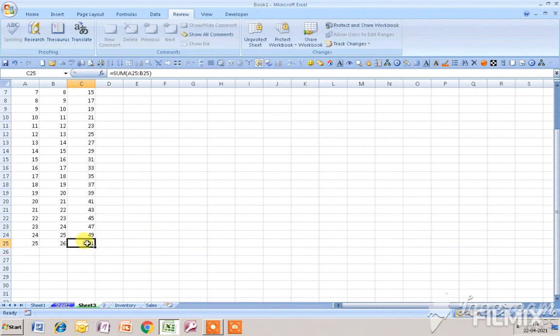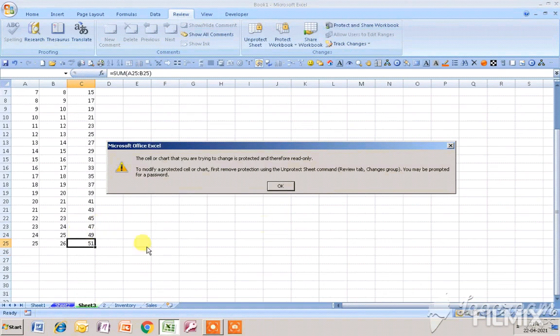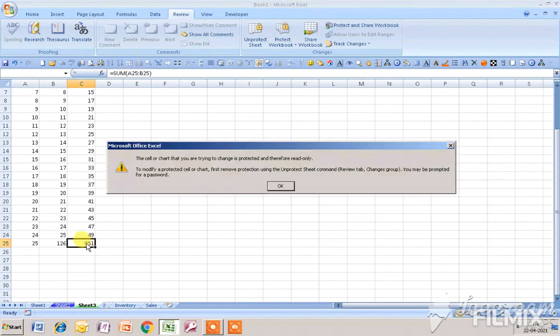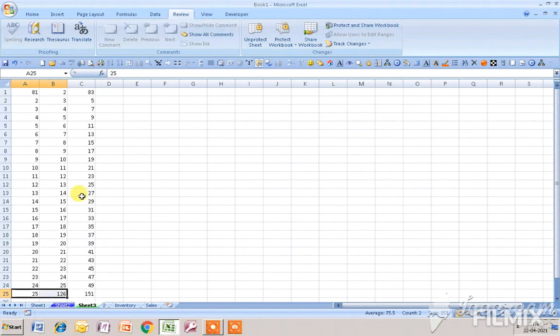If I give here 126 and press enter, then you can see the result. But I can't edit this particular cell. All the formulas of this particular worksheet get protected.